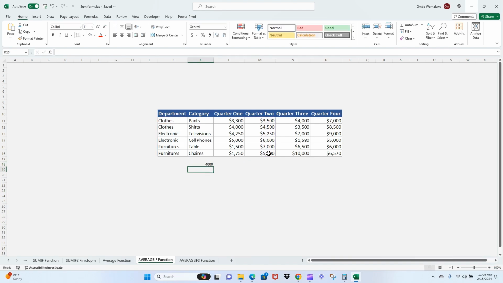It will be 4,000. I'm not going to format this because we haven't gotten to the formatting lesson yet. So it is 4,000, as you can see, 4 with 3 zeros. So average sale for close in second quarter, it will be